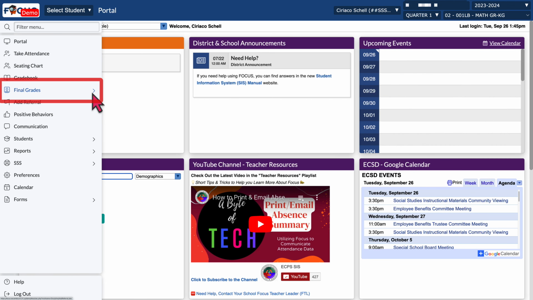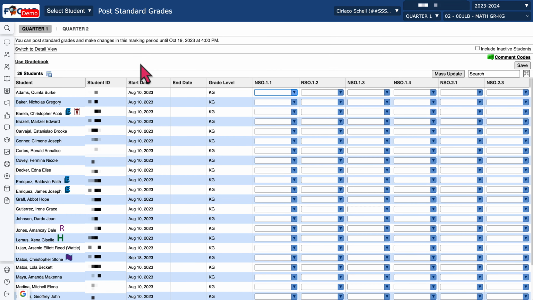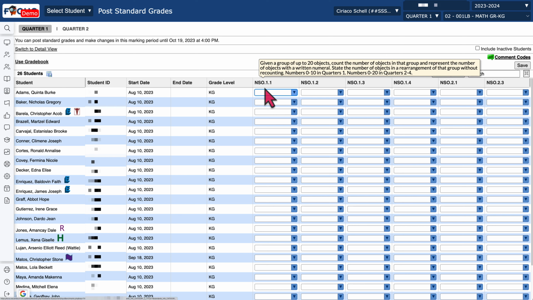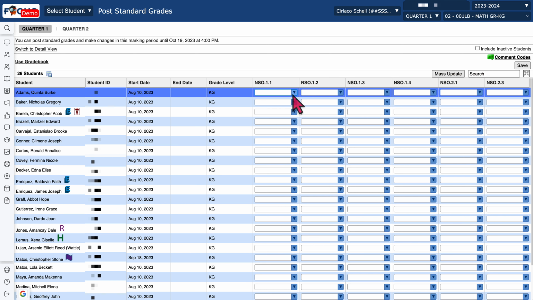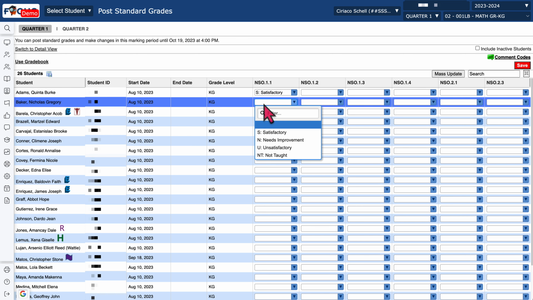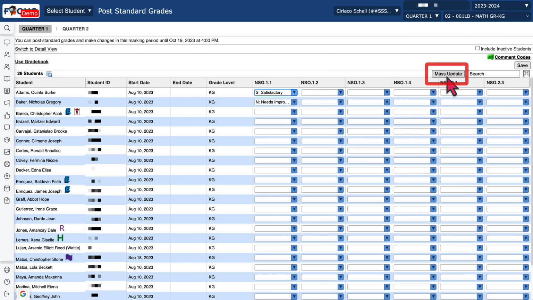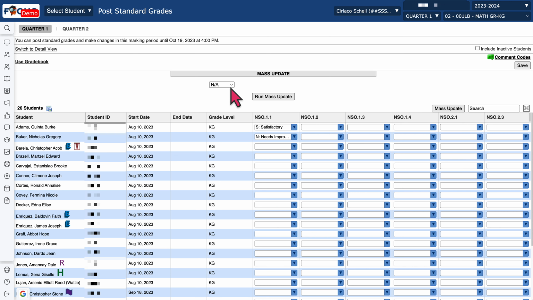From the portal page, go to Final Grades and Post Standard Grades. Once this screen appears, if you hover over your standard, it's going to give you a larger description. Choose a drop-down for each student, picking the grade, and then when you're finished, go ahead and click that red Save button. Now you also have the ability to mass update by choosing your standard